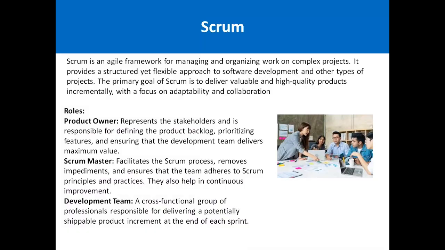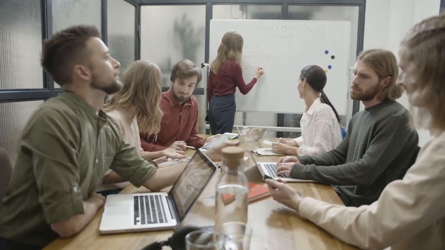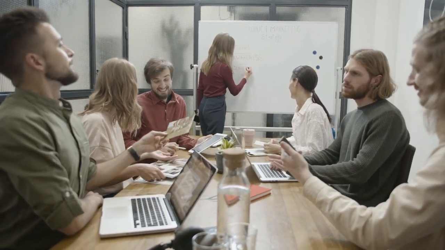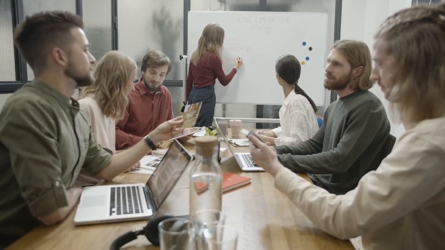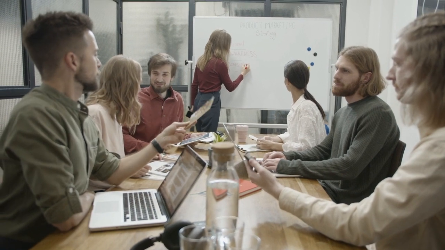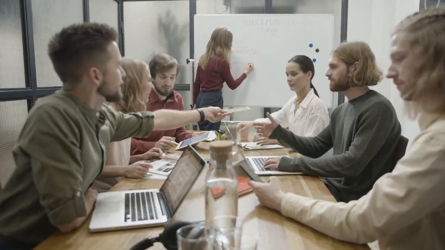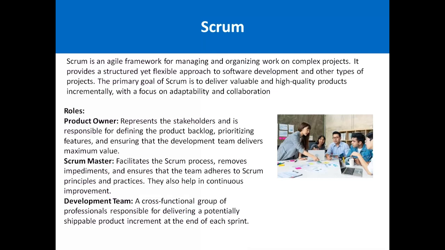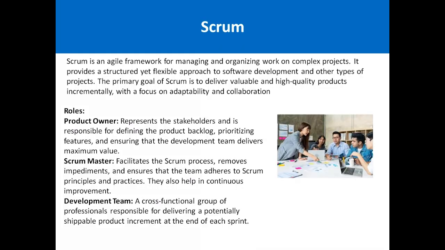Then the development team is a cross-functional group. Think of it as, for example, a group of software developers, software designers, the deployment team, and the QA team. It is a group of core team members who are implementing the project, and they are responsible for development and the shippable product increment as well. Shippable means that when the product is ready, it will be delivered to the customer.